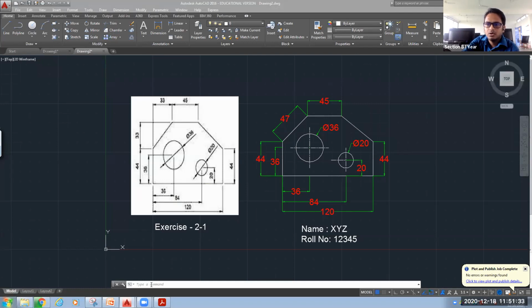Okay, any doubt you can ask me now. If it is clear, then type in the chat box, clear sir. You can type in the chat box, clear sir. We will move on to the next problem. Clear, sir. Very good. Happy to see that it is clear to everyone.